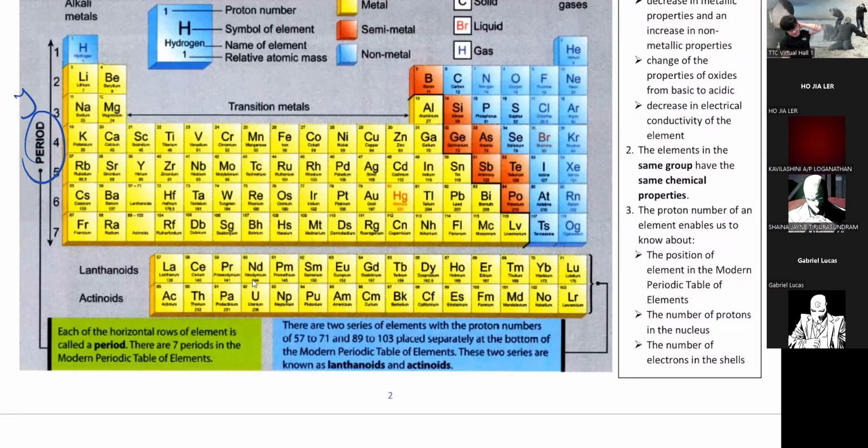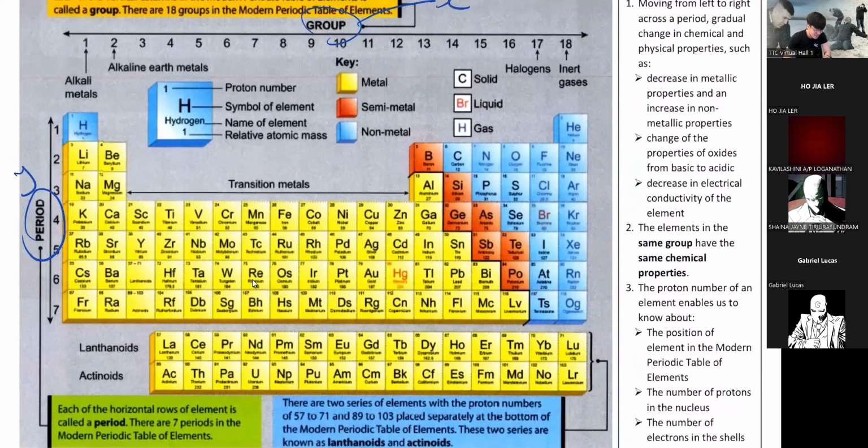Okay, you have to memorize this, very important. So the X is your group, Y is your period. It's just like your coordinate. You have X coordinate and Y coordinate, right? So when we say where an element is, when someone asks you where's aluminium,